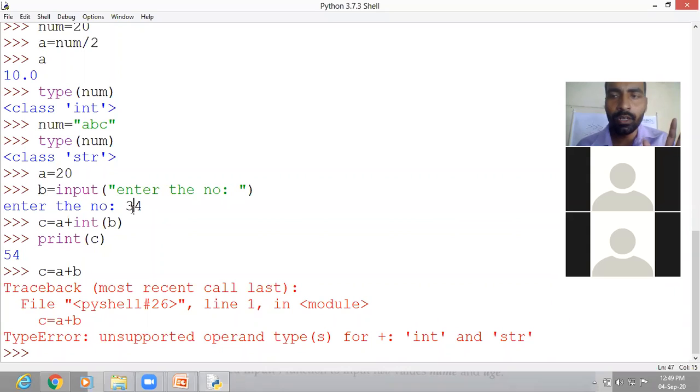That's why the error has been produced, that operation is not possible on numeric plus string type. So for that we have to convert this 34 from string to numeric, and that's why we had used here int function.